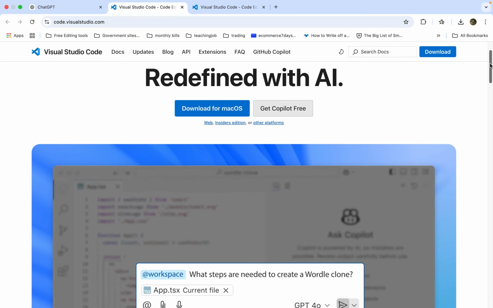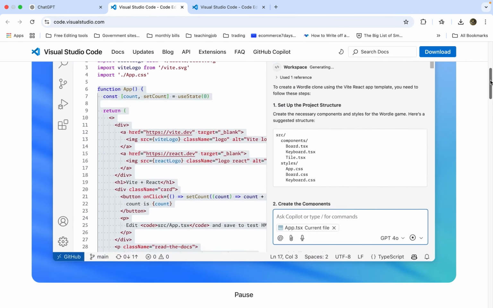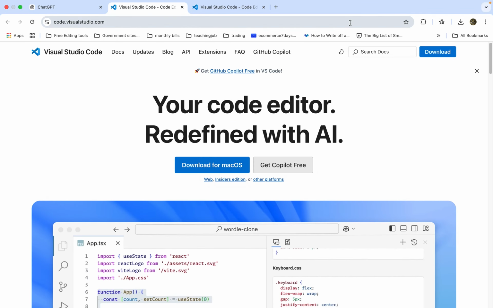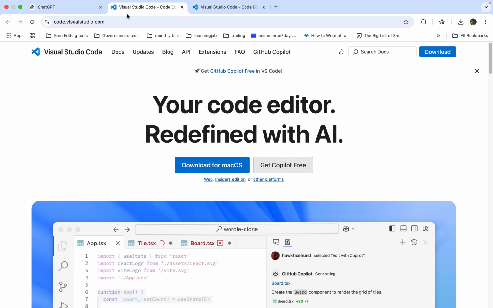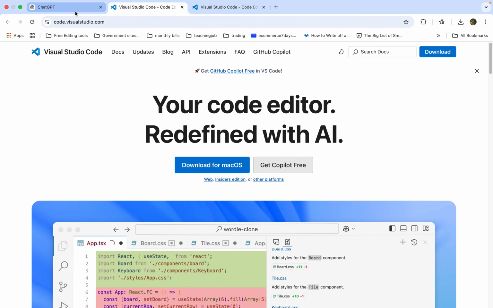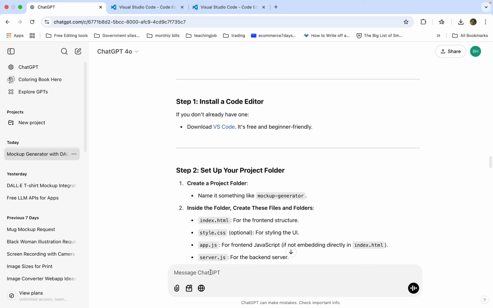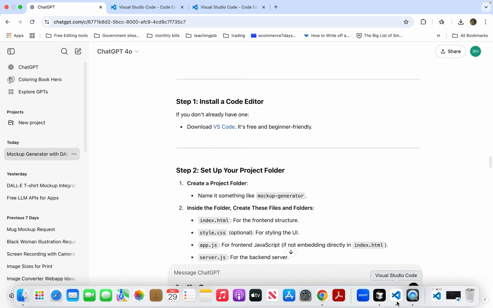I download it for Mac, but you can also download it for Windows. It's a code editor that helps you write code, right? And so you want to get this. This is great. Now, there's two types. I'm going to veer off for a minute. Now, this is